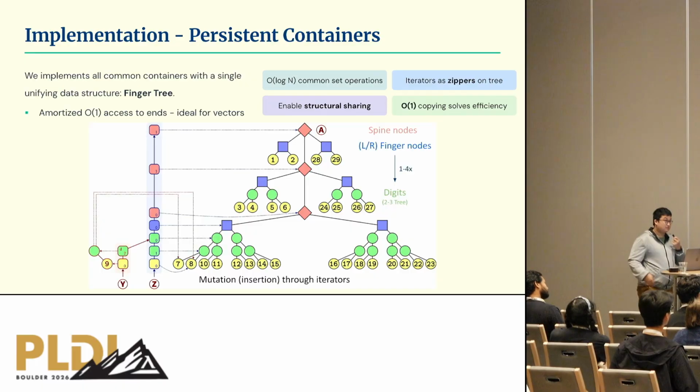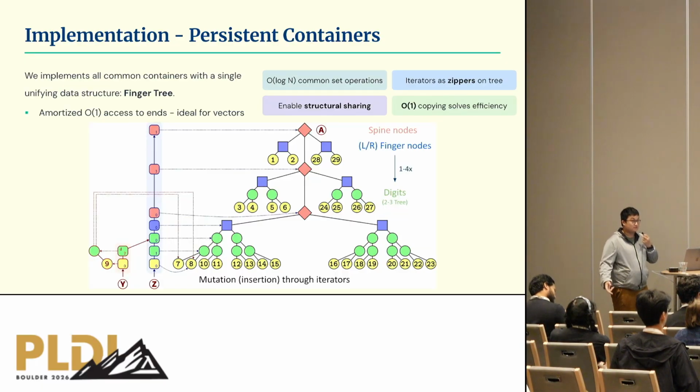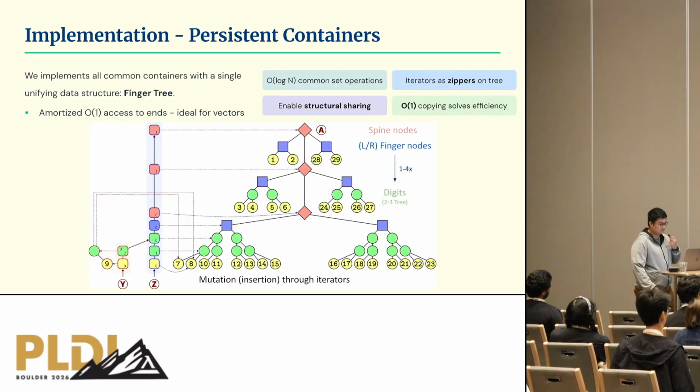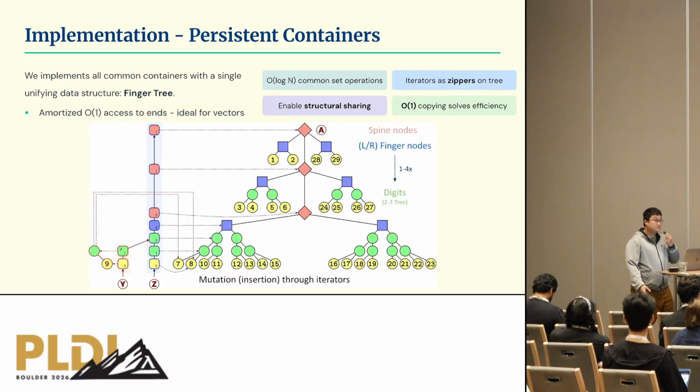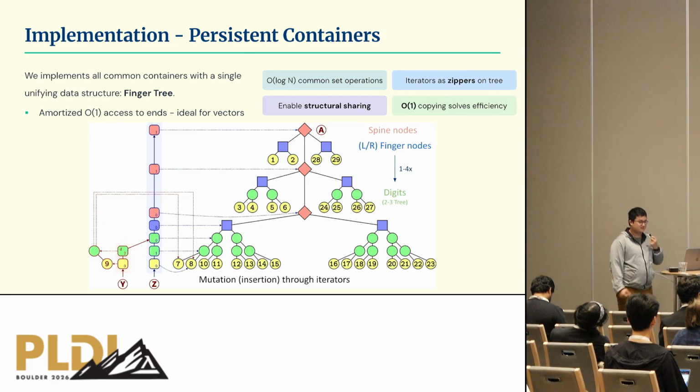When we try to add or remove elements through an iterator, as shown on the bottom left, we can see that we only need to recreate the subtree that contains the modified segment and can reuse most of the intermediate nodes up until the root. This makes copying very efficient. In fact, it makes copying amortized constant, which solves the efficiency problem.